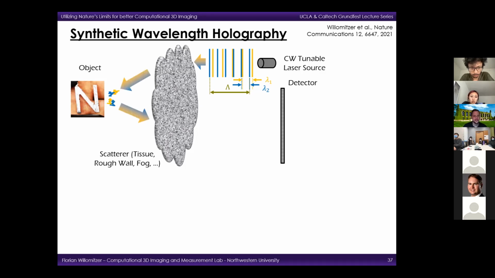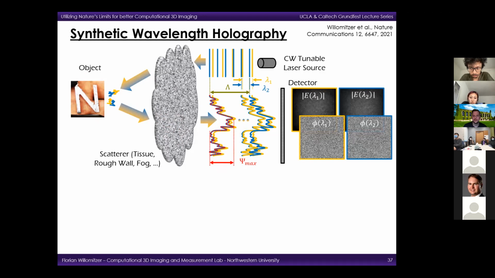It does not really matter here if the scattering is happening in reflection or in transmission. And then the light is scattered. We have two speckle patterns that illuminate the object. And then the rough object surface creates another speckle pattern that again hits the scatterer. And after the last scattering process, we have these two completely scrambled wavefronts with an aberration psi that is actually much, much larger than one optical wavelength. And the only thing we can measure with our detector now are these two speckle fields at the two wavelengths. As you can see, each speckle field for itself would not contain any information about the hidden object because the phase and the amplitude are completely scrambled.